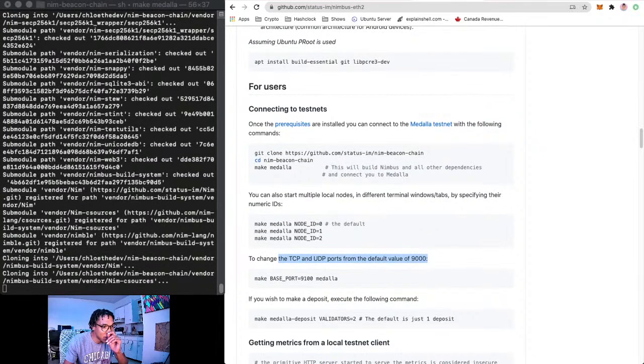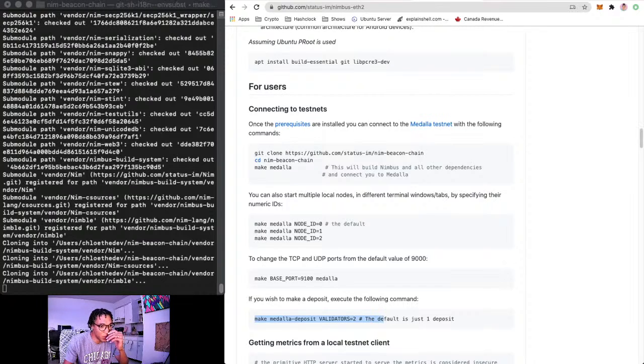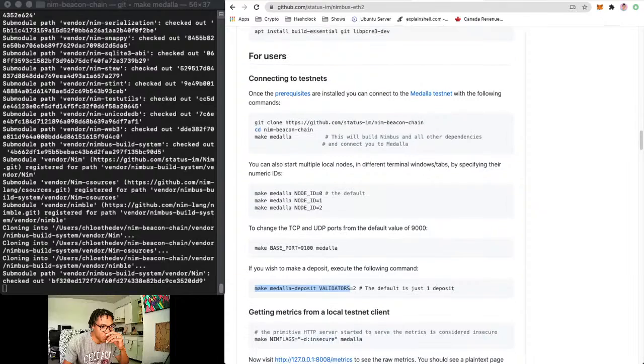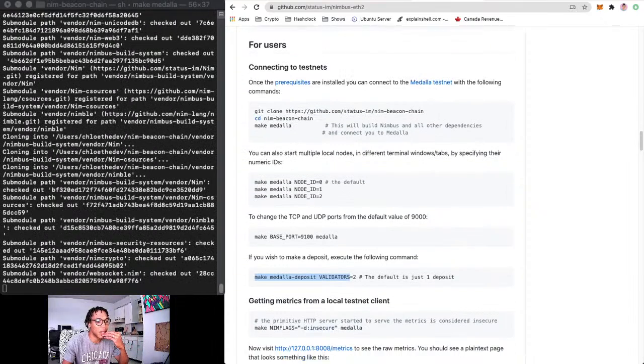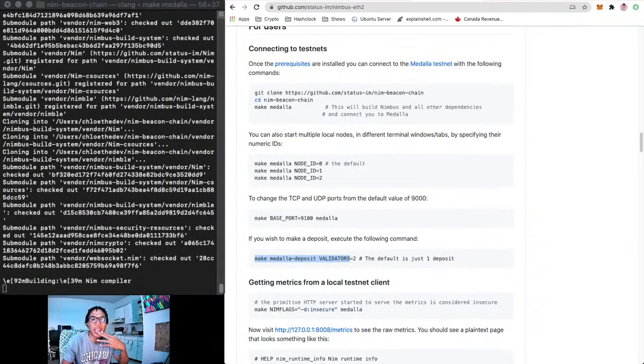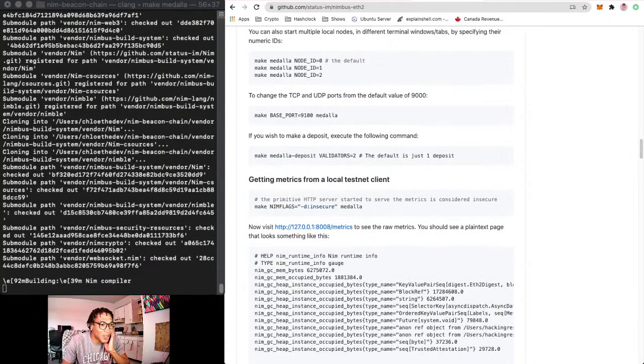If you want to make a deposit, or make it without a deposit. Validators, the default is just one deposit. Okay, so just that. Cool, and I guess it would ask me how to make a deposit. I don't have my beacon chain running here, but I think I have my Goerli testnet running on my server, and I guess I could just connect to it that way. Gosh, I'm not sure the way I want to do this yet, or what the point is, but